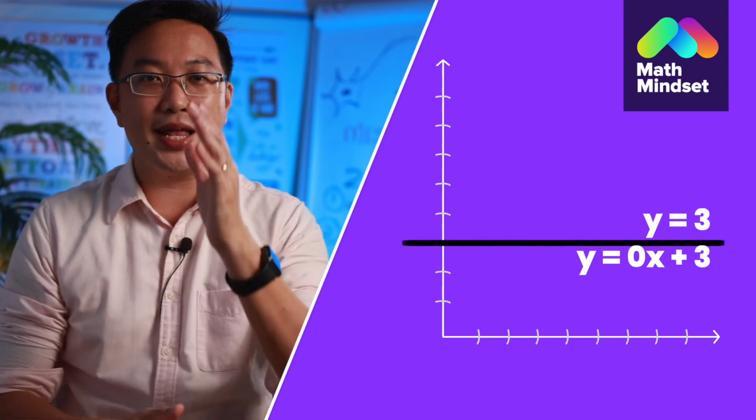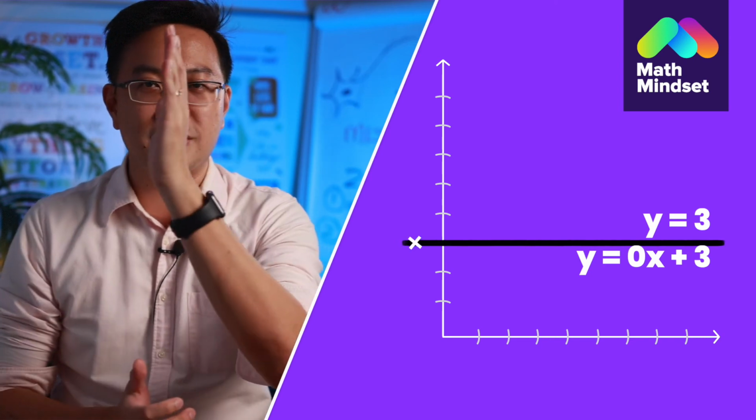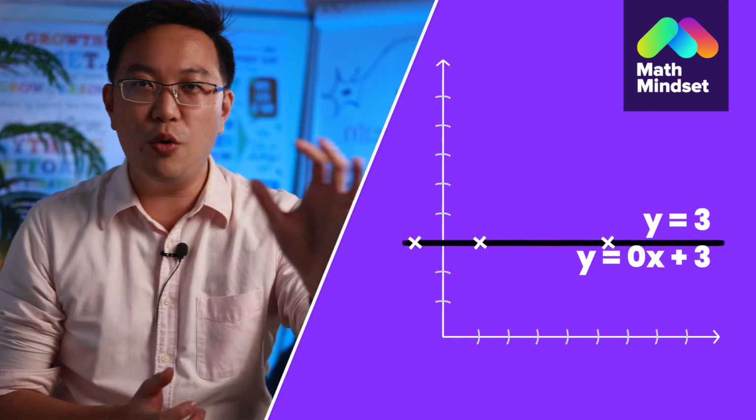And you will realize that anywhere on this straight line graph, regardless of whether x is 0, x is 1, x is 2 or negative 1, the y value is always 3. Therefore, the equation